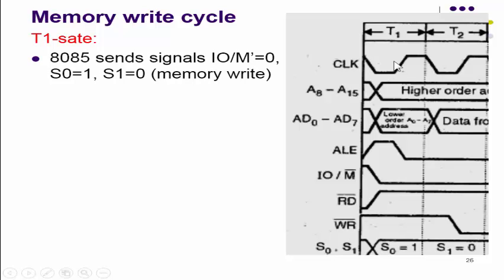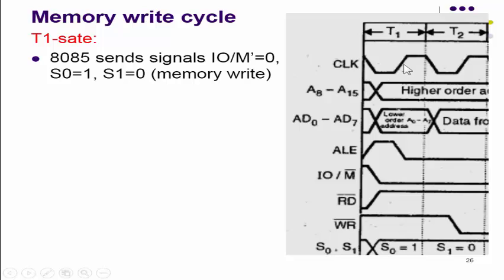Next machine cycle is the memory write machine cycle. 8085 microprocessor utilizes this machine cycle when writing data in the memory. So here in this diagram we can see the first 2 states in the machine cycle. We will go T state wise. So in the first T state, the T1 state,